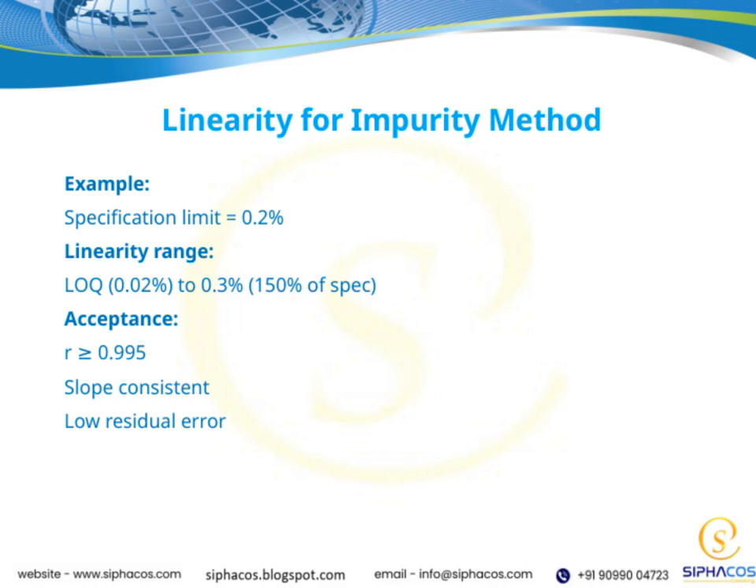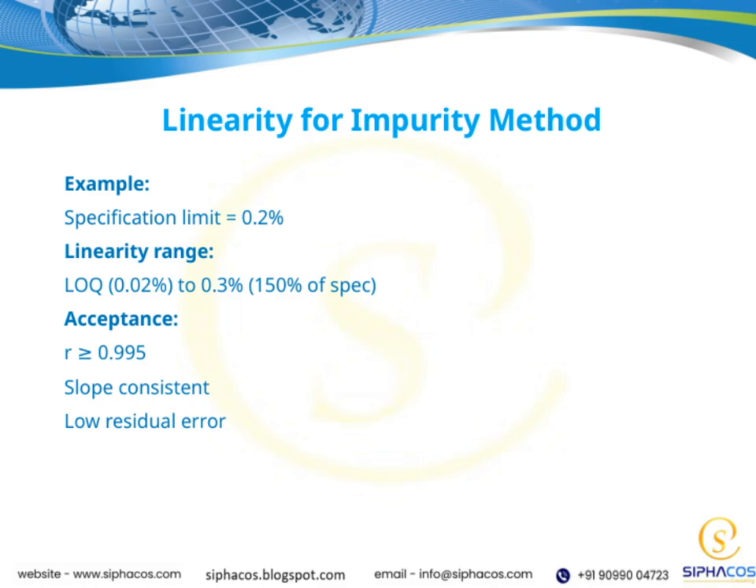First, the acceptance criteria include a correlation coefficient, or R, of at least 0.995. This indicates a very strong linear relationship between the concentration and the response. Additionally, we want to see that the slope remains consistent across this range, meaning the response increases proportionally with concentration. And finally,